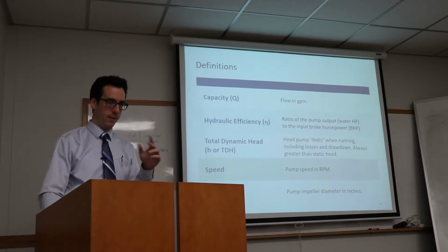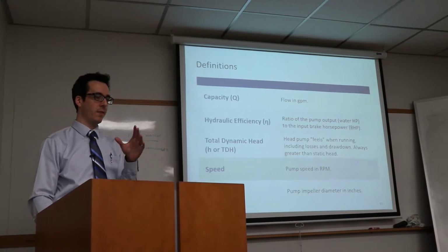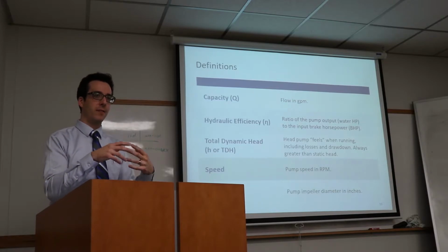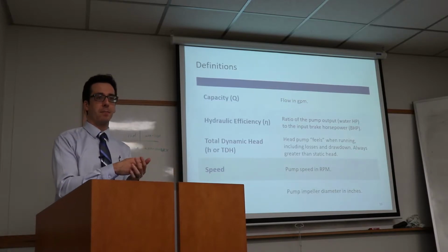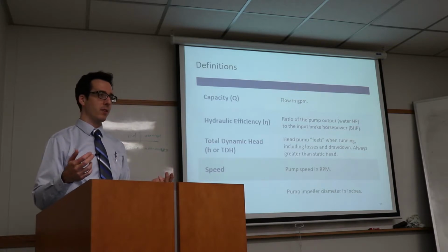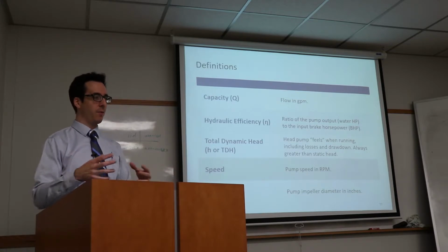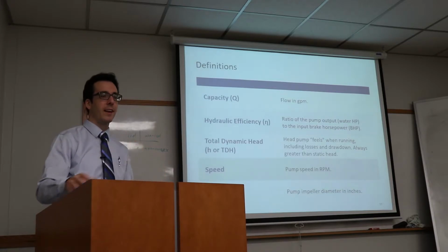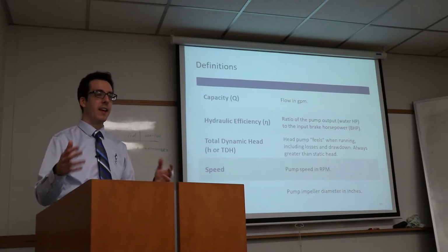And I'll explain later on why that's important, but suffice it for now to say that for a given size of pump casing, you can get different sizes, different diameters of impellers. And that's one thing manufacturers do to save money. So for a particular pump casing, you can get a 7-inch up to maybe a 10.5-inch impeller or whatever it is, and they have different